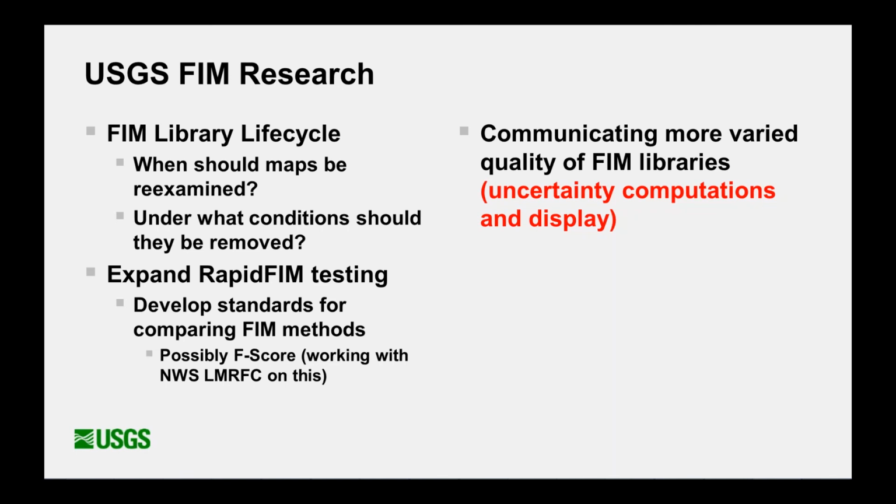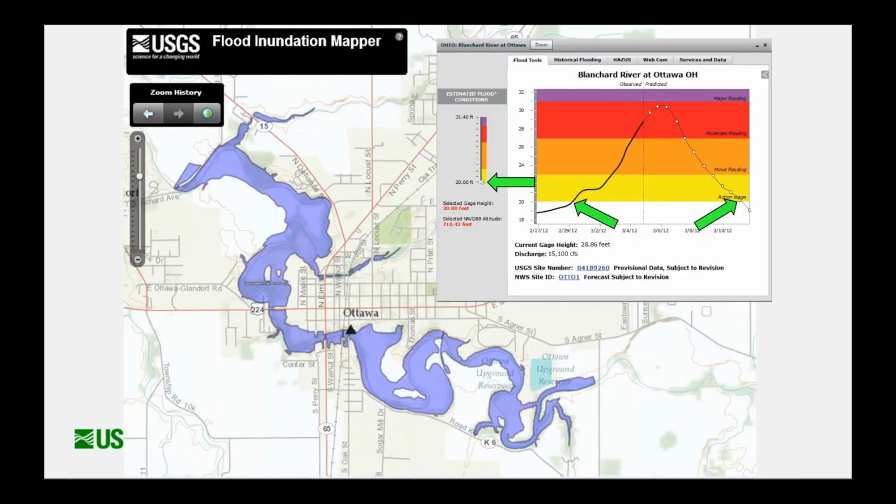But essentially, the goal for us here at the U.S. Geological Survey is to be able to bring a map of any type, and whether that's one map or 50 maps together, tie that with the stream gauge and the flood forecasting partnership that we have with the Weather Service, and bring them to communities in an easy-to-use format. And yes, this shows a modeled flood inundation map library for Ottawa, Ohio,